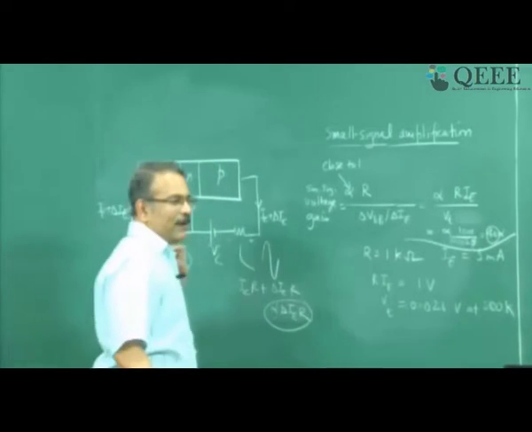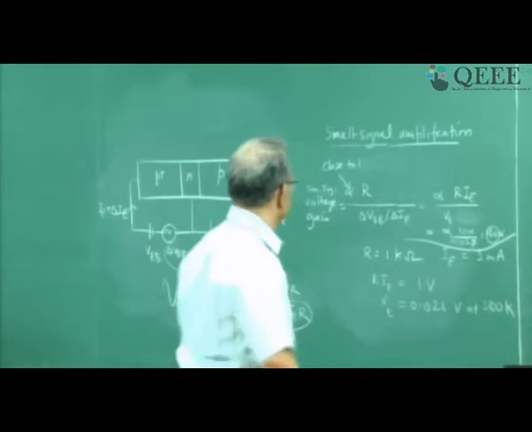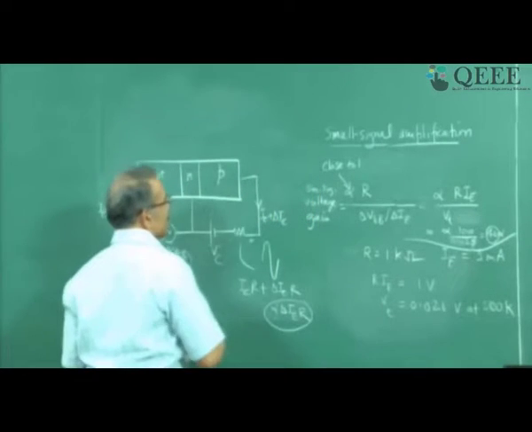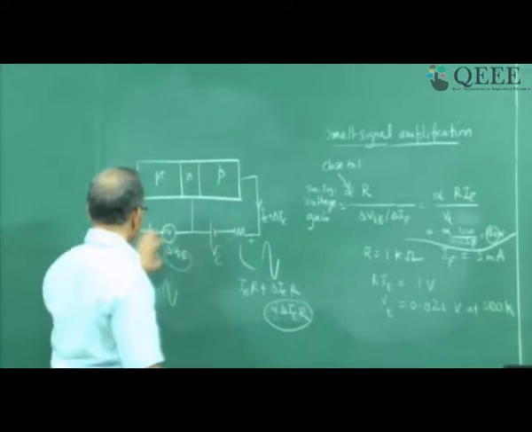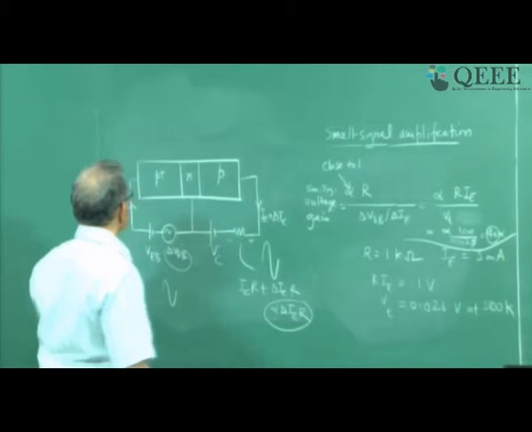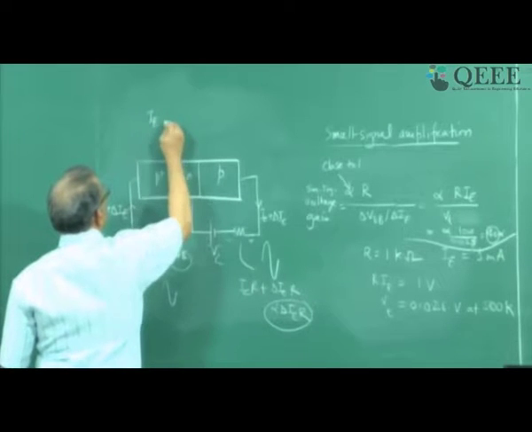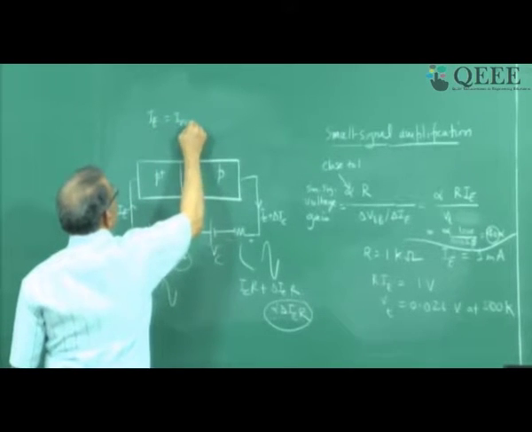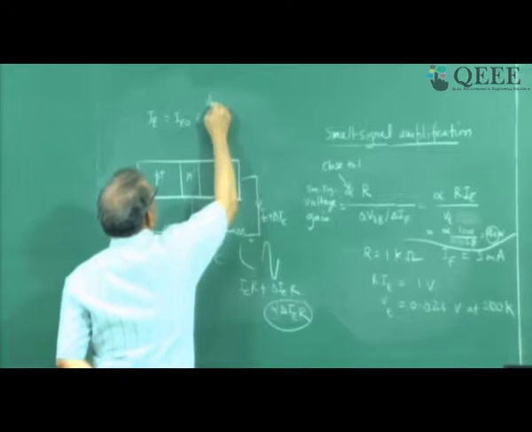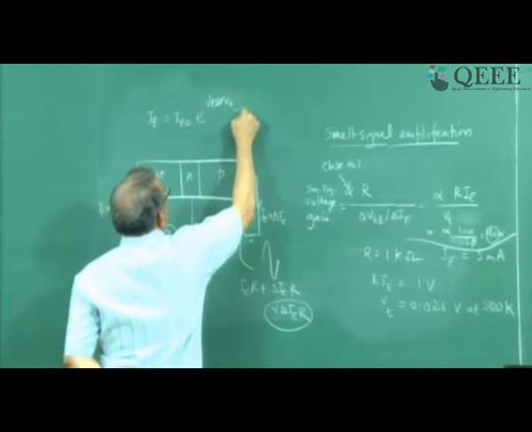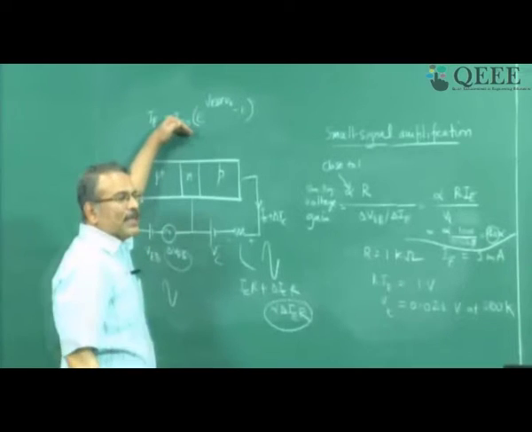First of all, we are talking of small signal amplification, right? You understood that? Now, second thing is, when we talk of small signal, to find out the small signal current because of small signal voltage here, I should use the diode law. IE is equal to reverse saturation current of the emitter junction into e to the power VEB by VT minus 1. Did you understand this equation?